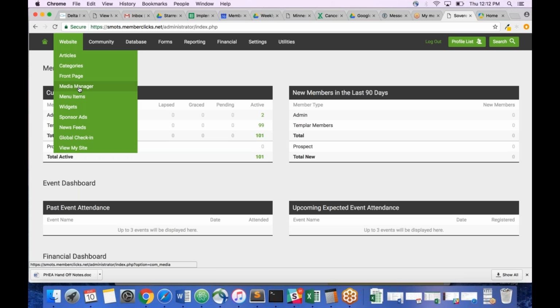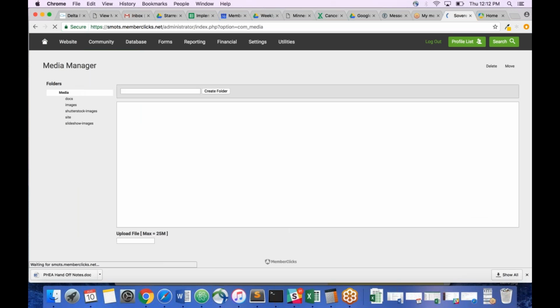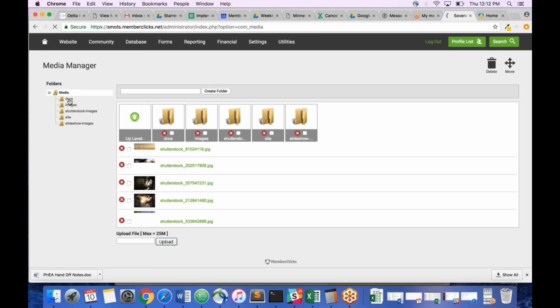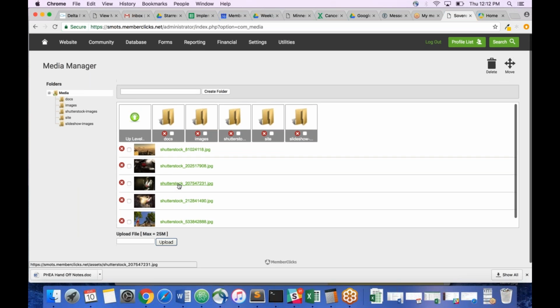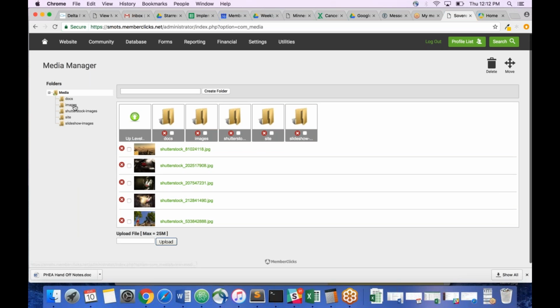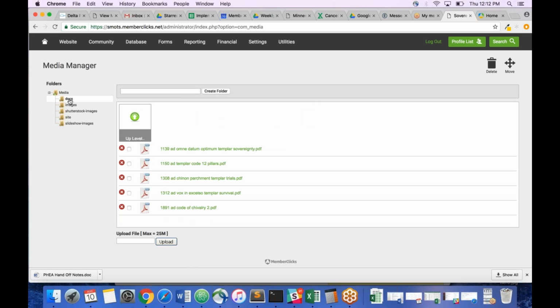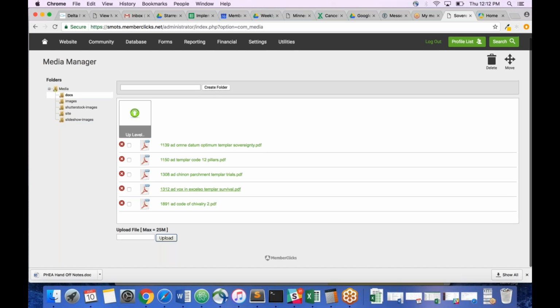To show you what I'm referring to, if I go into your media manager, you'll see different folders over here. Any images that we're using on your site, we've saved in your media folder. If you want a little more organization, you can go into your documents folder. We've got some documents in here for you. You just select upload,